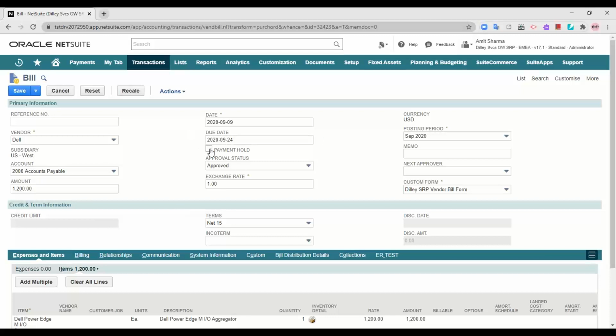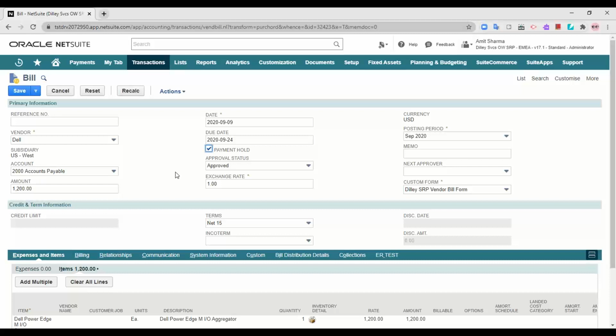In that manner, you just check the payment hold option over here. When you check this payment hold option, a GL impact for this transaction will be created. But until this payment hold option is unchecked, it is not going to show up in the payments option. Since this bill is not open for payments, you will not be able to pay it.